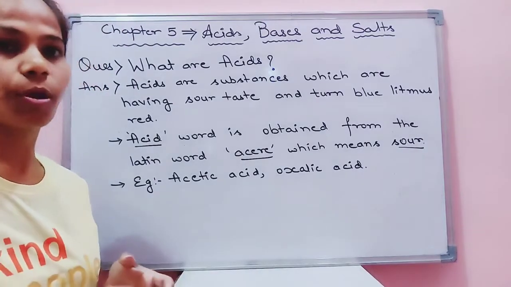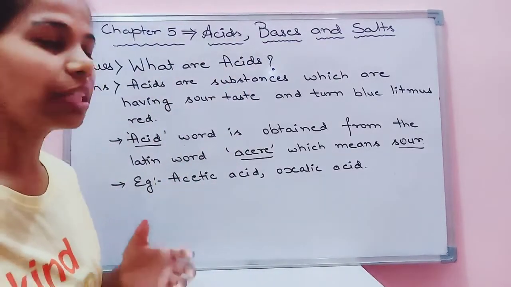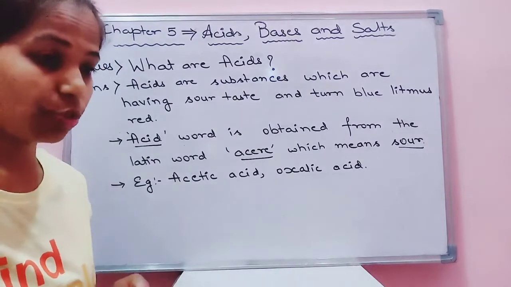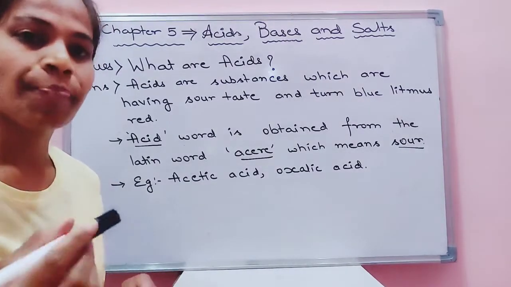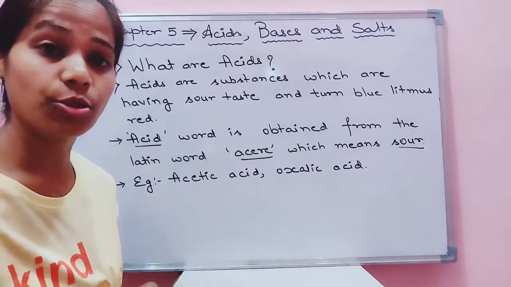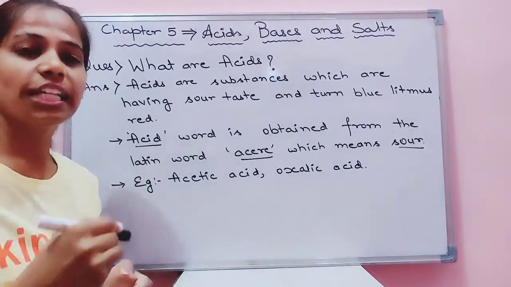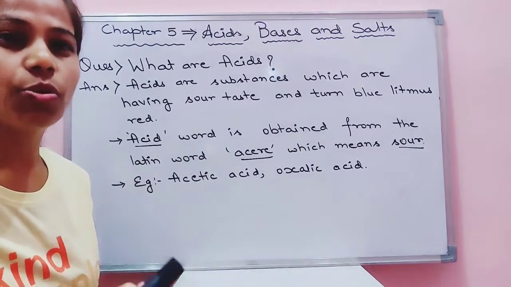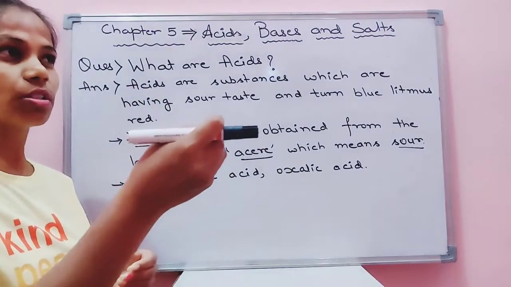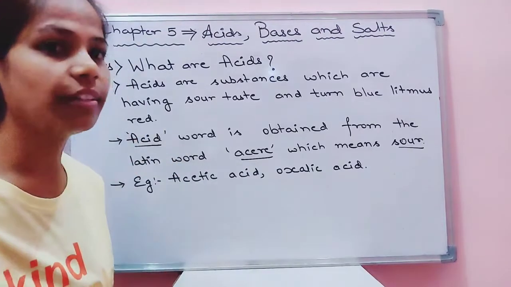There are some basic properties which are found for only acids. There are some basic properties which are found only for the base. For example, if I tell you for some organic substances, like we are having tamarind at home, we are having curd at home, if we are having the citrus fruit at home, if you eat those substances, children, you will notice it is giving a sour taste. Okay, that sour taste identifies its acidic content.